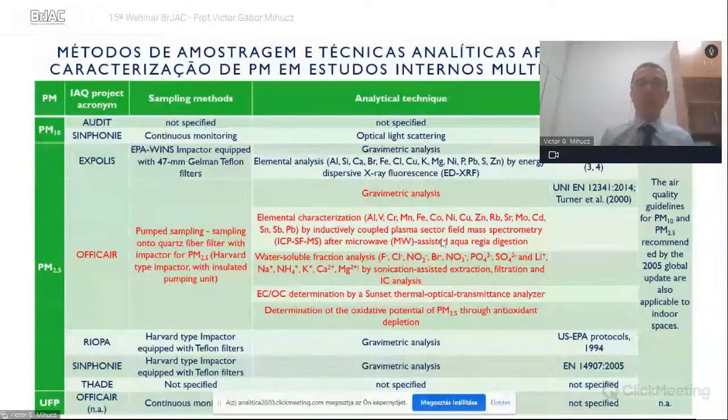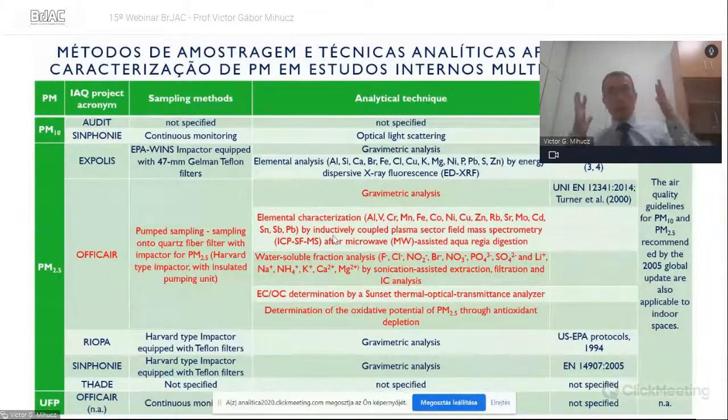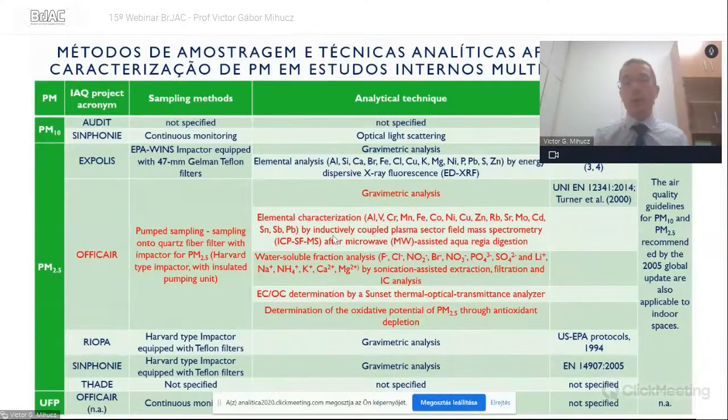In the case of OFFICAIR, if you are looking at the PM, the PM analysis focused on, of course, gravimetric analysis, which is a must in all cases. I told you with the microbalance measurements. And we focused on elemental characterization, mainly by inductively coupled plasma sector field mass spectrometer after microwave-assisted aqua regia digestion. But we were also always keeping in mind human exposure, human health. We performed on part of the PM samples water-soluble fraction analysis, inorganic ions, and also elements. And because these filters have a diameter between 37 and 47 millimeter, and it's finite,